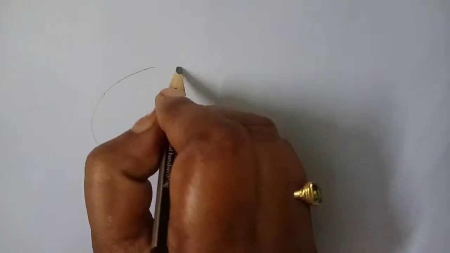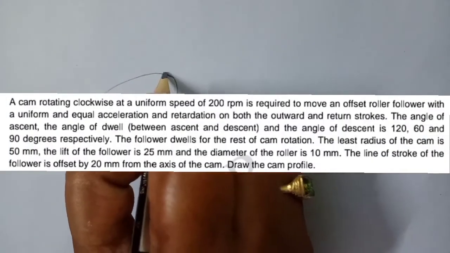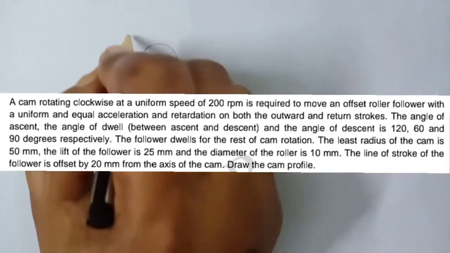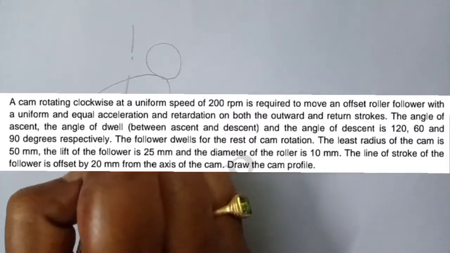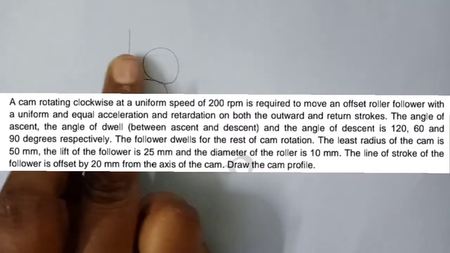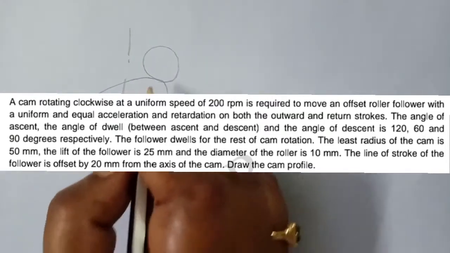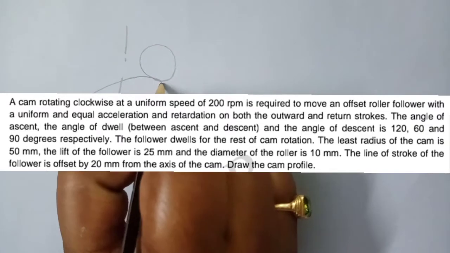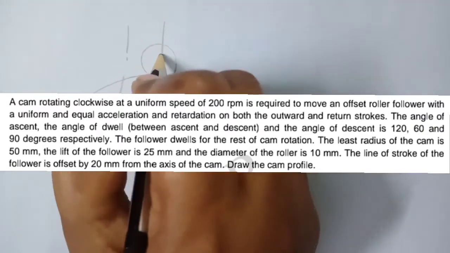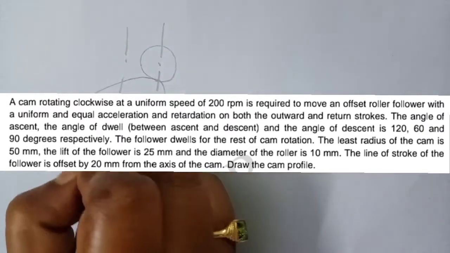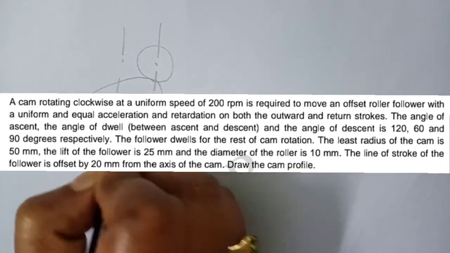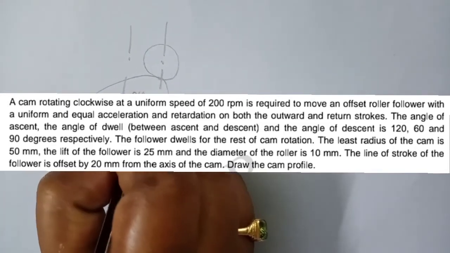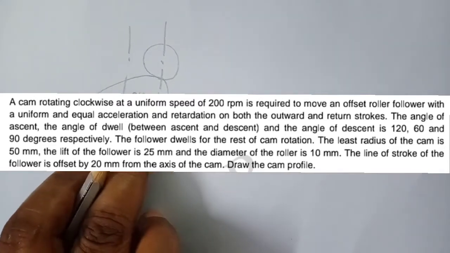You just come here, you just see here. This is a roller follower with a cam and offset. The axis of the cam is here. If the roller is here, that is a normal roller follower. But now I have drawn this on the cam profile, the roller is somewhere else. So this is called an offset follower. And in the problem itself, they will give the offset distance. So this is your offset distance.